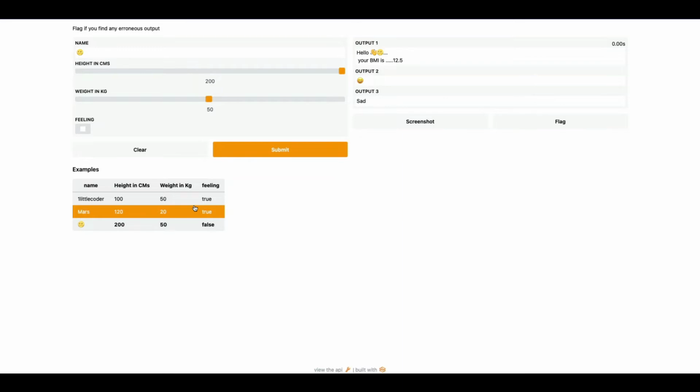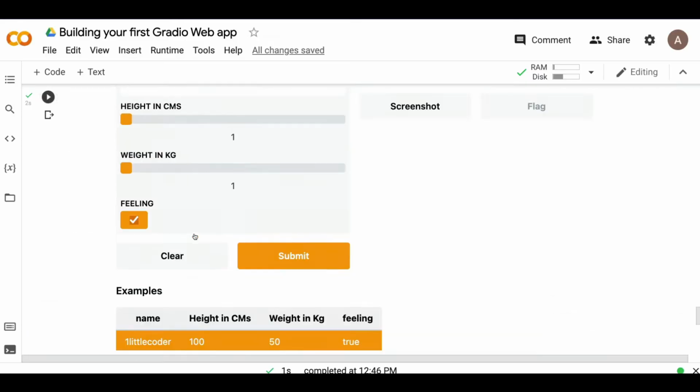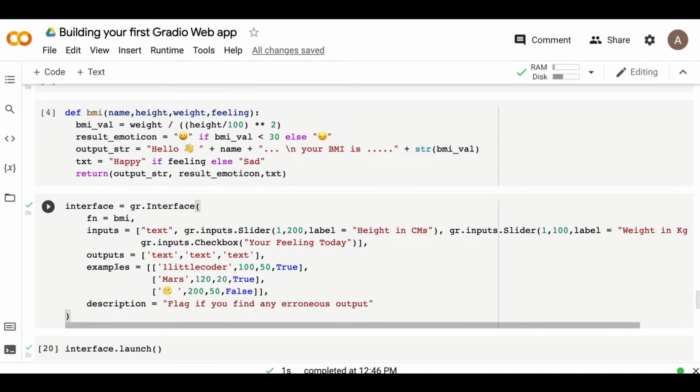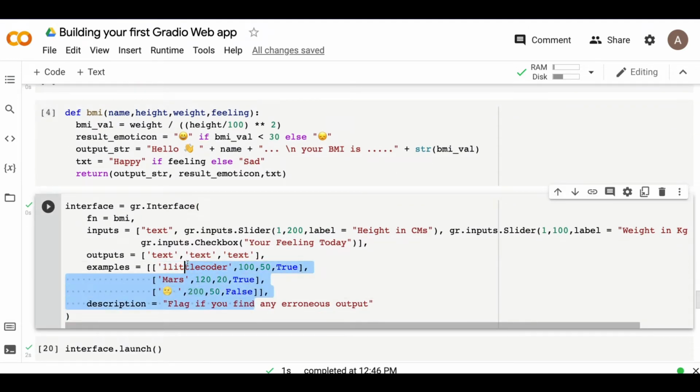Whatever the type is, if you have an image, you can give an image as an example. If you have text, numerical data and Boolean values, just like us, you can have this. So for whatever type of data you have, you can specify examples very simply just by defining another parameter here that takes different lists, multiple lists, multiple examples. You also don't want to give 10-20 different examples. Examples should be 1 or 2. In this case, we have taken 3 examples. So examples are a very important way for us to improve the user experience of the Gradio application. So you need to know when to use examples and how to use them, and that's what you just learned.